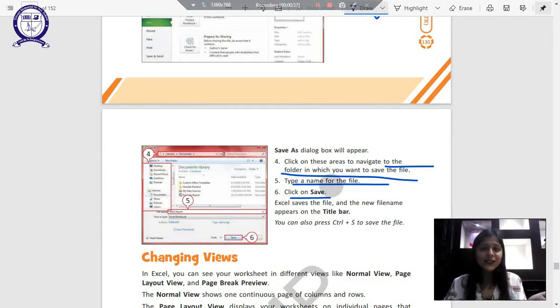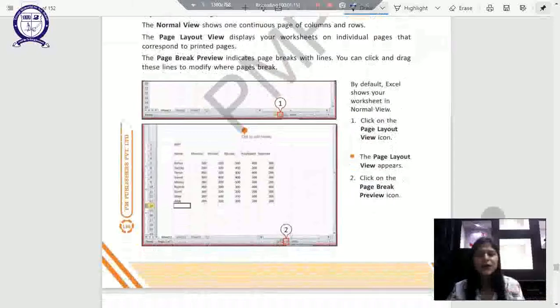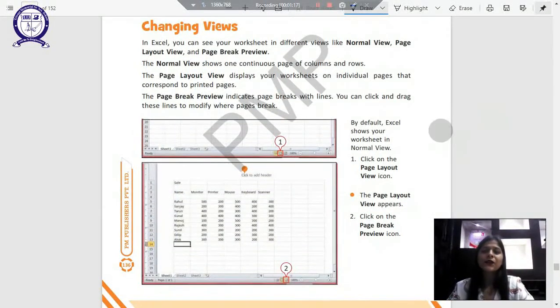I think we all did whatever is asked in the steps, and then we could also save our file. But if it appears in an examination, you should remember where the File tab is. What will happen if I press Save As? I'll be asked to navigate, I'll be asked to type a name for my file, and so on and so forth. So all these things should be known by you.